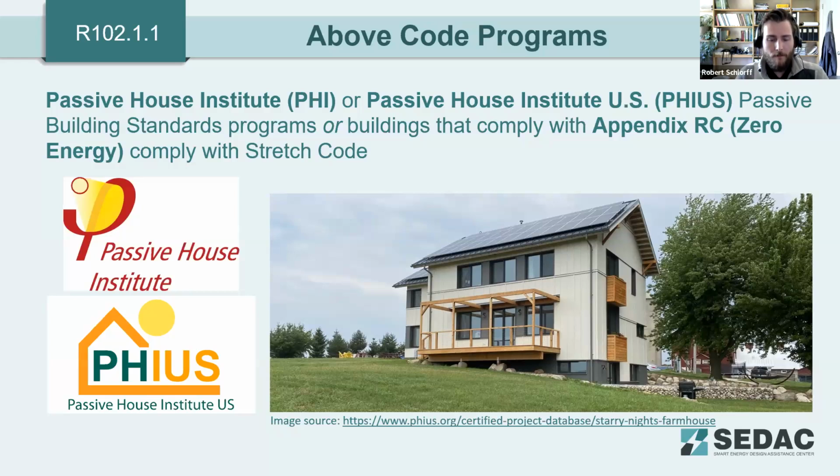So what the stretch code is recognizing here is that the CEJA Act set certain performance standards, and in particular, the above code programs here are for the purposes of the Illinois Stretch Energy Code under Section 55. The board shall allow and encourage as an alternative compliance mechanism project certification by nationally recognized nonprofit certification organizations specializing in high performance passive buildings such as these on the screen, and offering climate specific building energy standards that require equal or better energy performance than the Illinois Stretch Energy Code. So this is recognizing that if you want to go beyond the energy code, that's fantastic. Go ahead and go beyond the Stretch Energy Code, and that will be in compliance with the Stretch Energy Code.